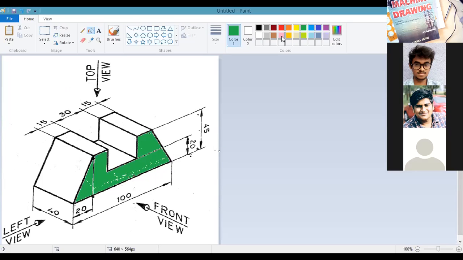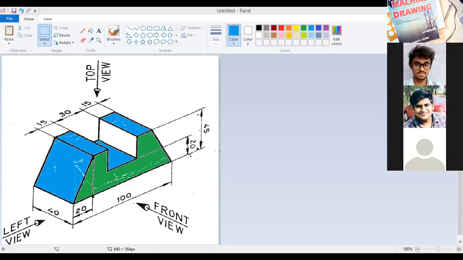Similarly, I can pick one more color, blue color, and see the same object from top now. I'll see the object from top. So this is the object which I am seeing from front, and then if I see this from top, I'll just fill this color in. I'll pick the blue color and try to fill it. See 1, 2, 3, and also this plane as well as the other one, which is not seen. Even that plane is clearly seen in the top view. So top view is represented in blue color, and similarly the front view is represented in green color.